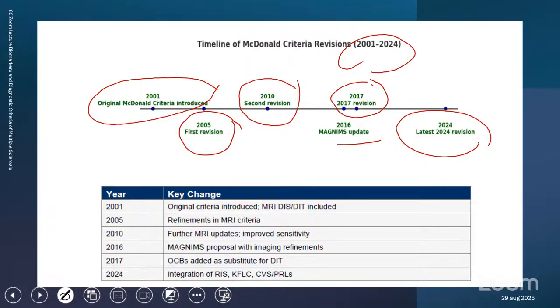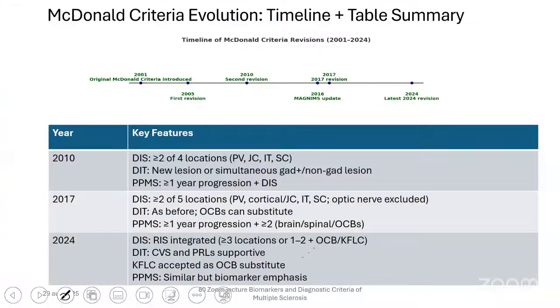So 2005 refined MRA criteria. Further MRI updates improved sensitivity in 2010. Magnum's proposal with imaging refinements in 2016. OCBs have come back, a substitute for dissemination in time, and integration of all these radiological isolated syndrome, KFLC, CVS, and PRLs in 2024. So if you look at this, the original McDonald criteria, which were introduced in 2001,